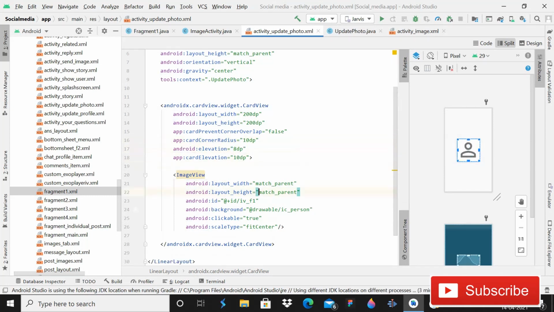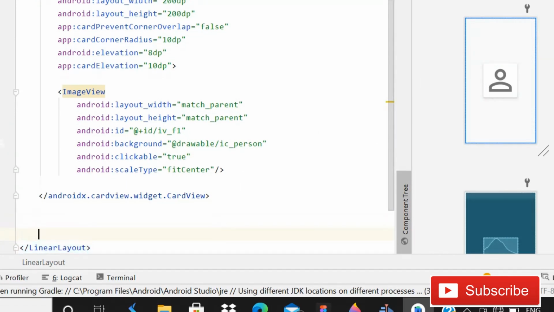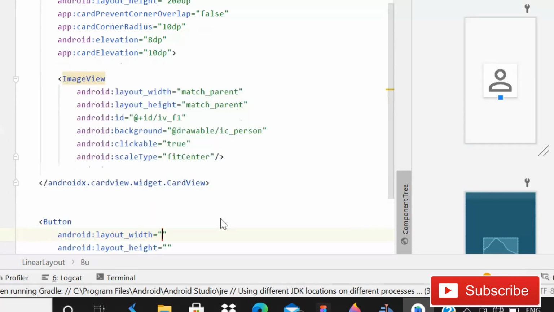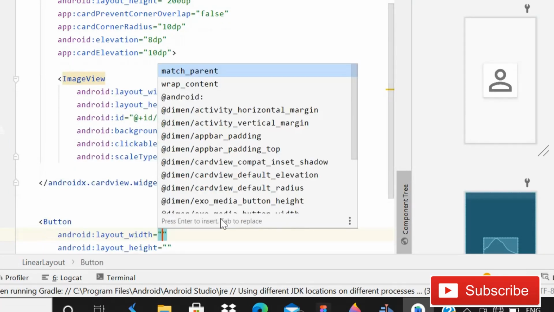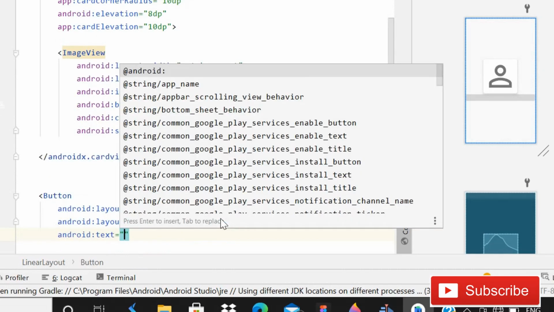So now you can see that it is in the center, fine, and it's working pretty good. Now it is not appearing round, but when you run the app it will appear round, understand? After this, we are going to use a very basic button, and that is wrap content. Match parent, height will be wrap content, and text is going to be update